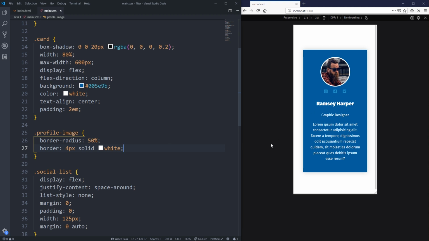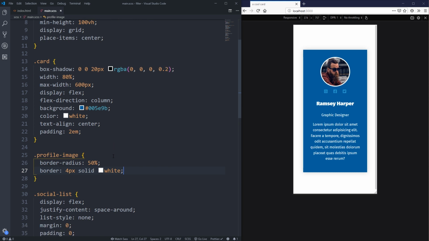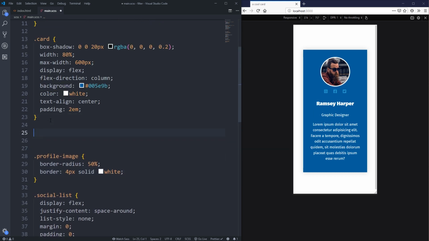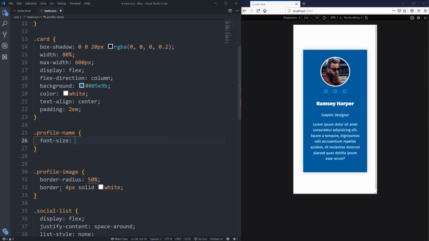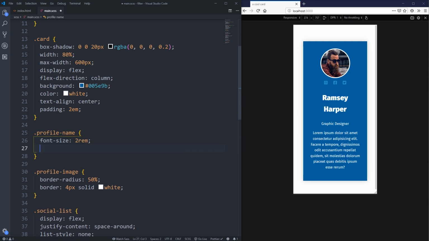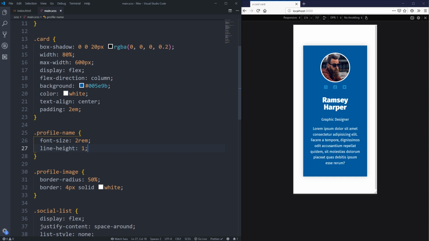And now we can get into down here. So for that one, I'm going to come up to here actually and do it, just because it's my main content. So we had my profile name. So the font size on this one, obviously a lot bigger. We're going to go with a 2 rem on that. You can see when it is on 2 lines, it doesn't look good. So my line height can be probably a 1. When you get to bigger font sizes, you can really reduce that, maybe a 1.1,